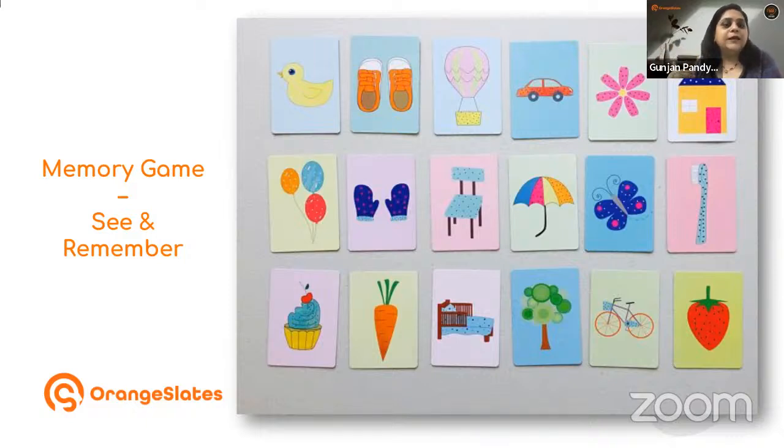So visual, what we say, is more than just seeing. It is making connections in your head using that visual. Now let's do a